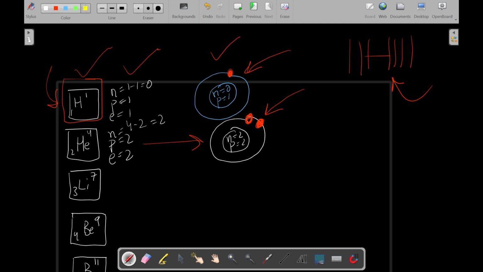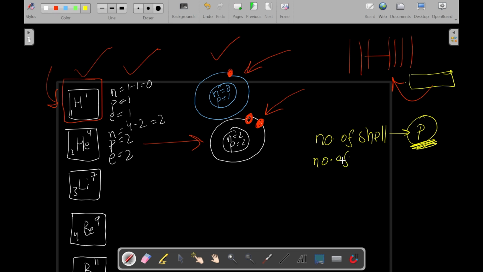I can see the number of shells. So I've got one shell. I'll make this really simple for you. The number of shells will tell you about the period. Period is the horizontal row, whereas valence electrons are the electrons which are